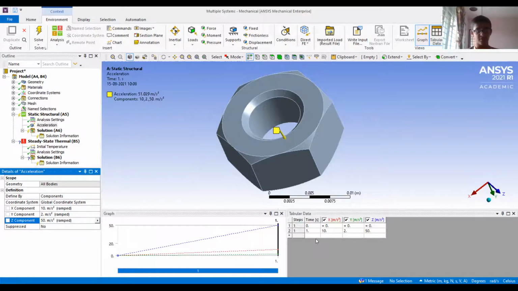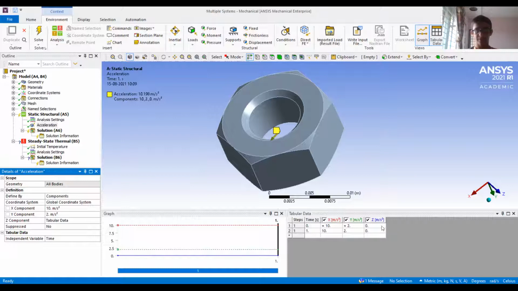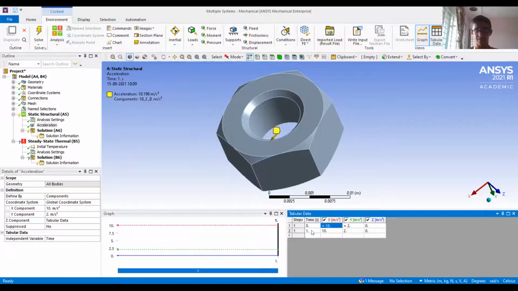You can change that. If you want to change that, you have introduced non-linearity, or there are other options also. So let's look at some other options. I can put tabular form. What does that mean? I can have some tabular input of my data. How can I do it? In the tabular data, I can insert the values and I can increase the number of cells. So if I put it to 3 over here, the new step has been taken into account. Automatically they have generated a new time, and I can change the X, Y, and Z components of excitation accordingly.